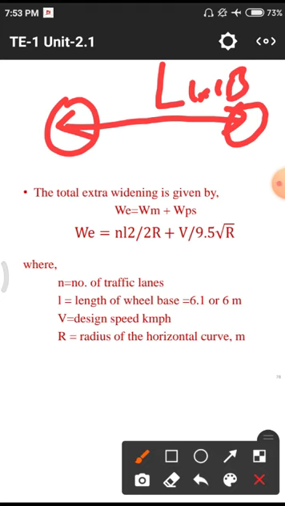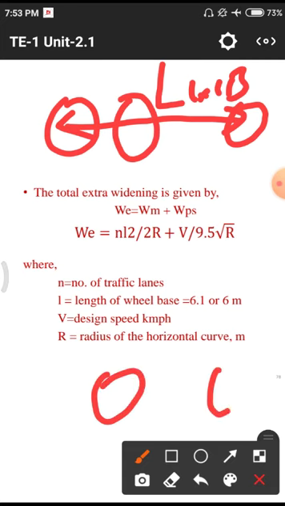But consider a lorry. Some lorries have only 2 lanes of wheels, but some kinds of lorries have 3 wheels on one side. That means at the back we have double tires with 3 bases, but in the case of a car we have only 2 bases. Since different vehicles have different wheelbases, we will consider an average wheelbase as 6 meters here. That means the length of the wheelbase equals 6 meters for an average vehicle.